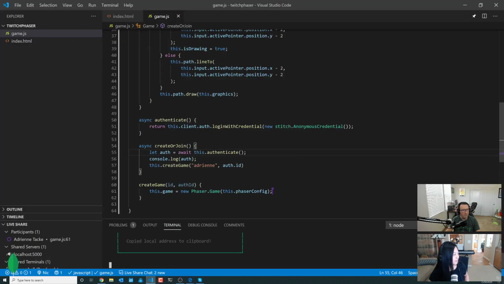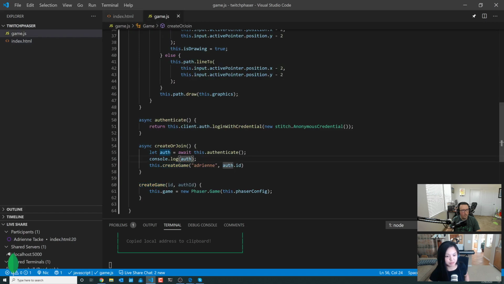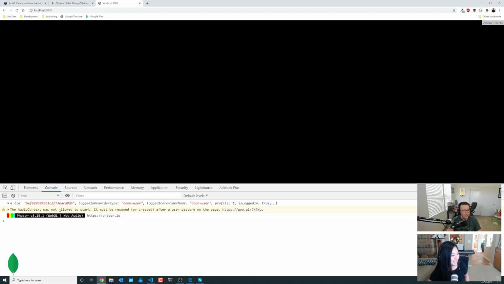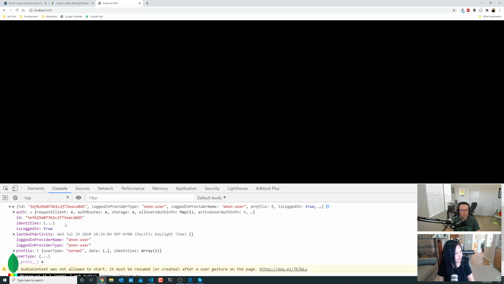Because if I look at the code, do we actually call this create or join, or just create? I think we create or join. We do call it in our script tag on the HTML page. Interesting. I'm surprised that it didn't print anything out to the console. Oh, it did. All right, I just overlooked it. Let me zoom in. I always complain about everyone not being zoomed in, and I didn't zoom in myself. So it looks like this is our auth token right here. So this is the ID that's going to represent if we're an owner or not.